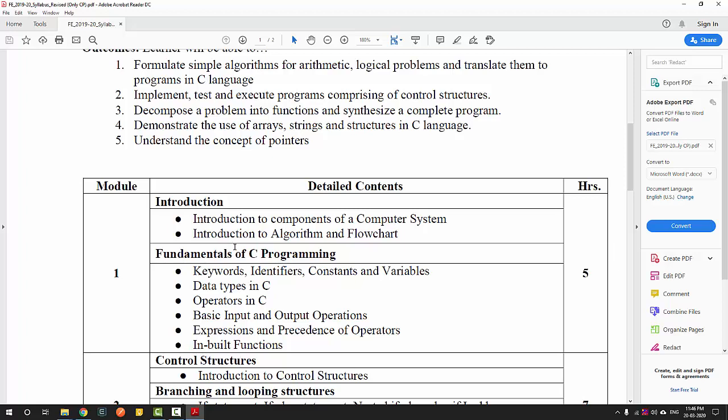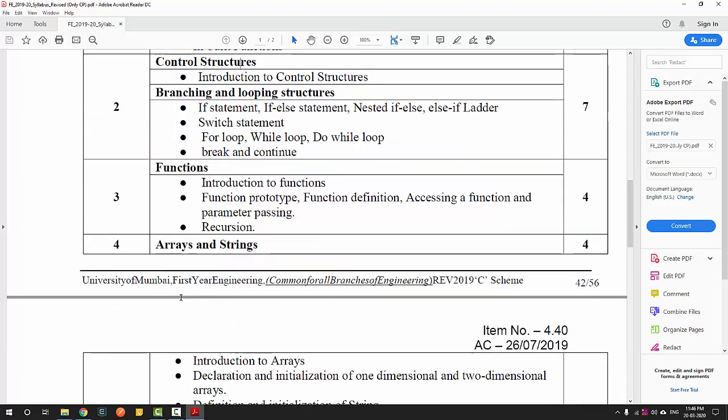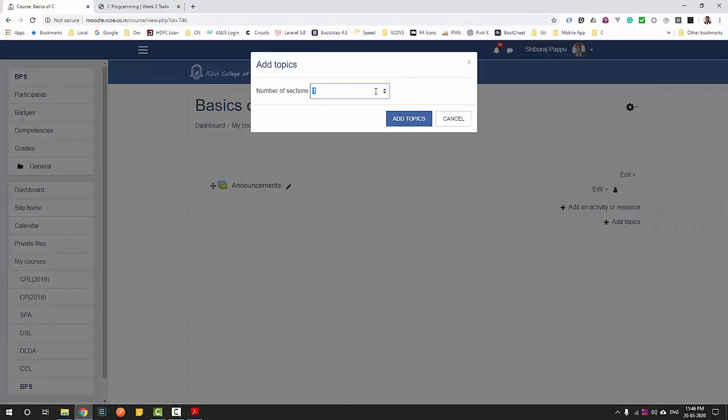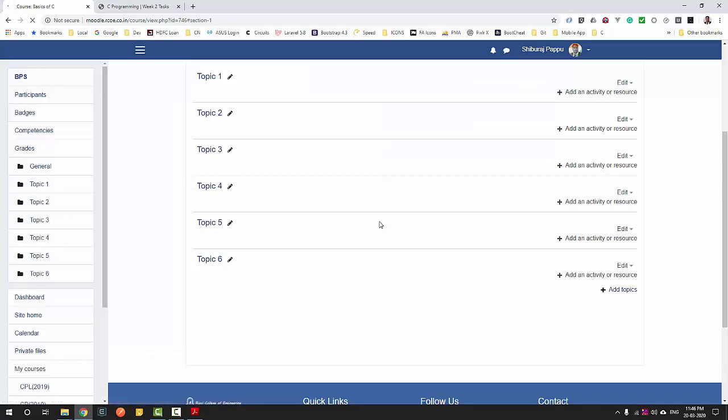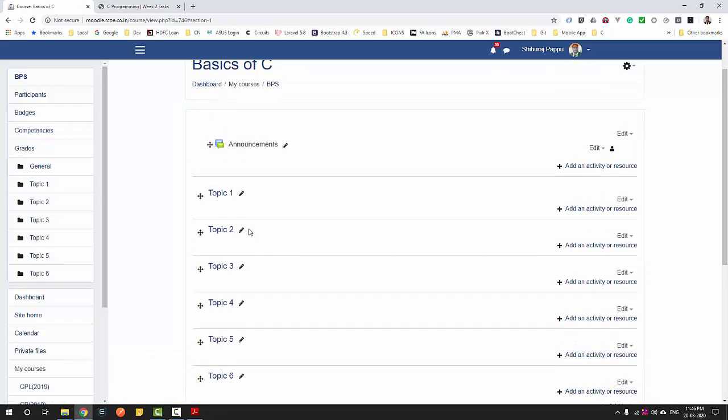So right now I am going to stick to one module, one topic. Okay, so I will create total 6 modules and click on add. So as soon as I do that, it creates blank topics. So it has created 6 topics. Now what I do is